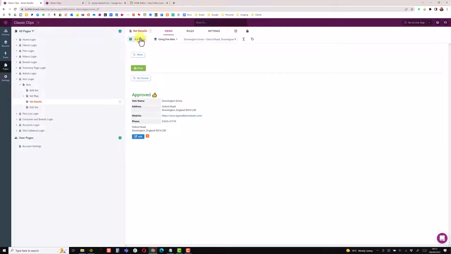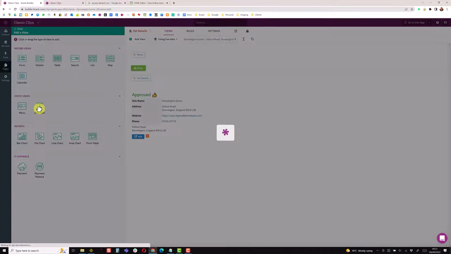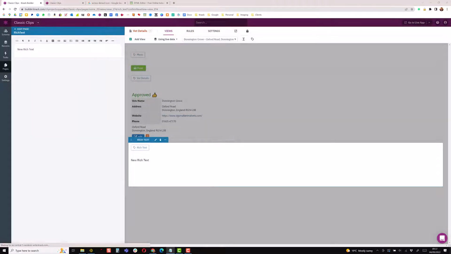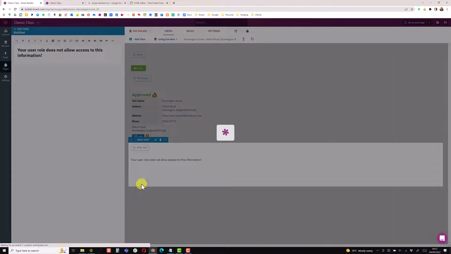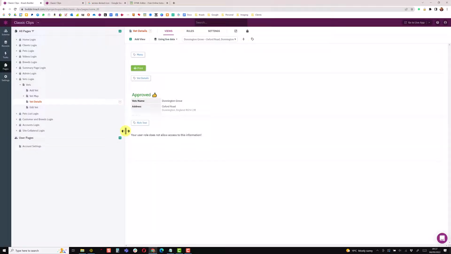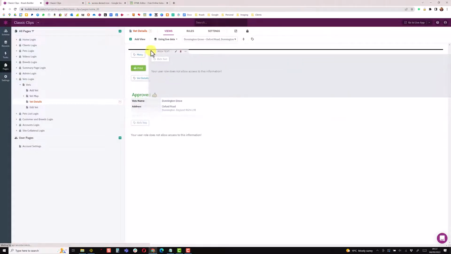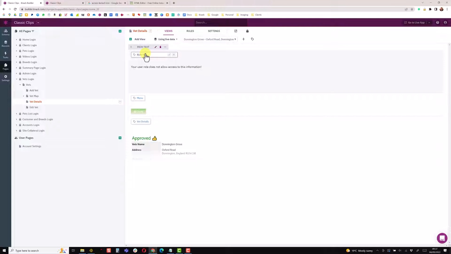So I'm just going to add another view. Once again, a rich text view. Add my text. I'm just going to format it as a header. Condense these down just so it's a bit easier to move. Put that to the top, change my label to message,